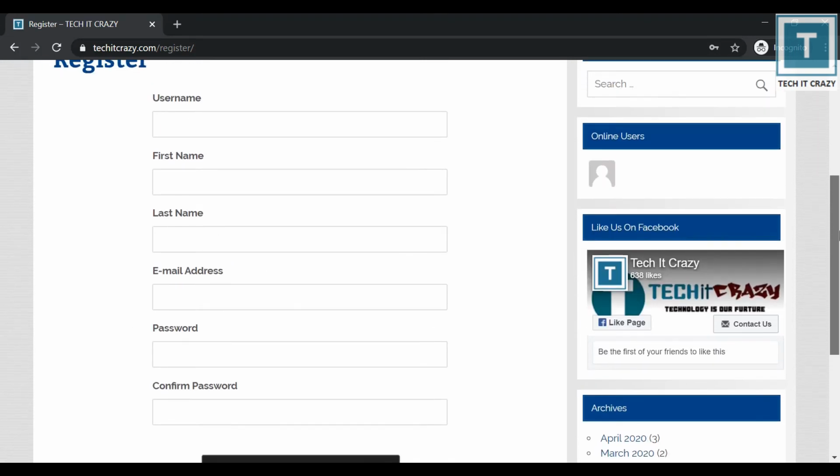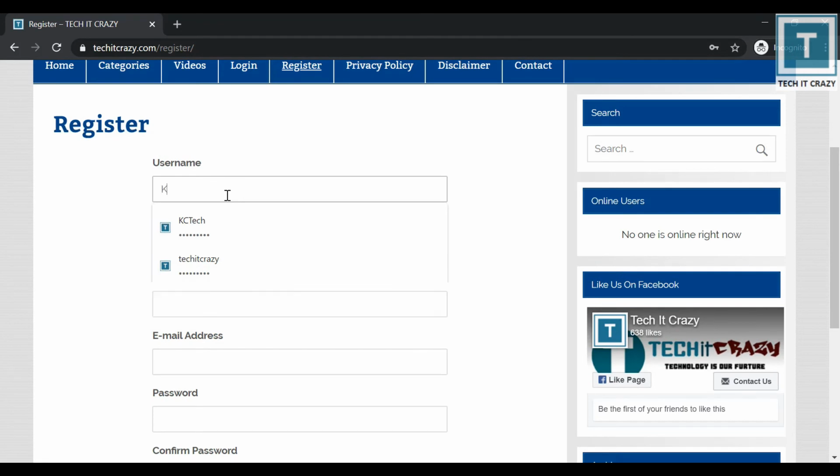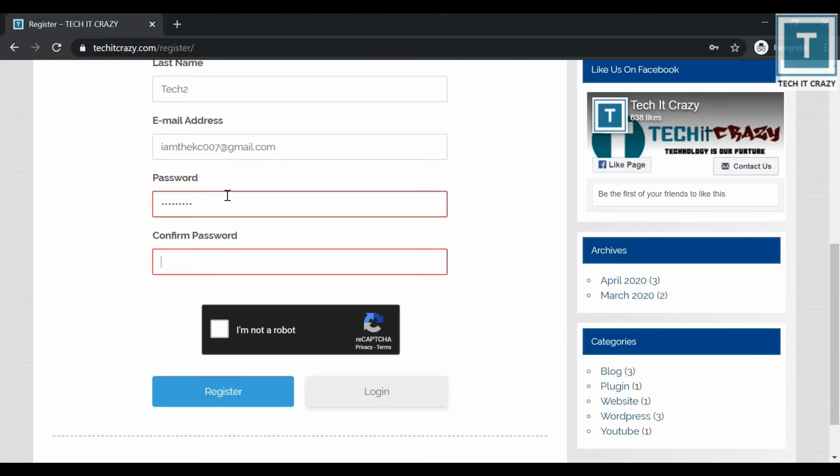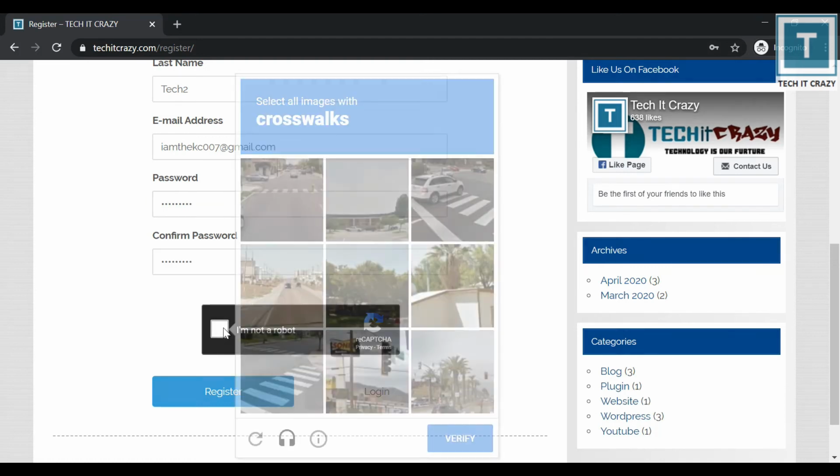So let me create one user. Let me give the username, first name, last name, email address, password, and confirm password. And I can just click on this I am not robot.